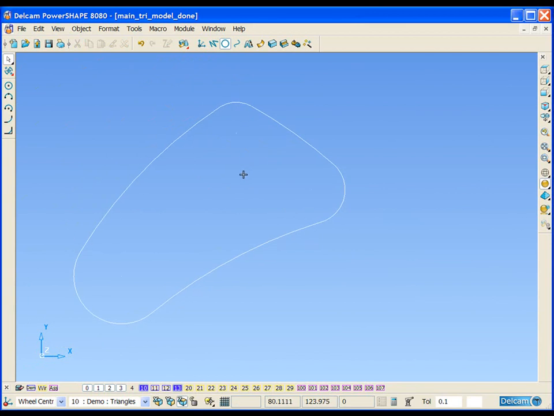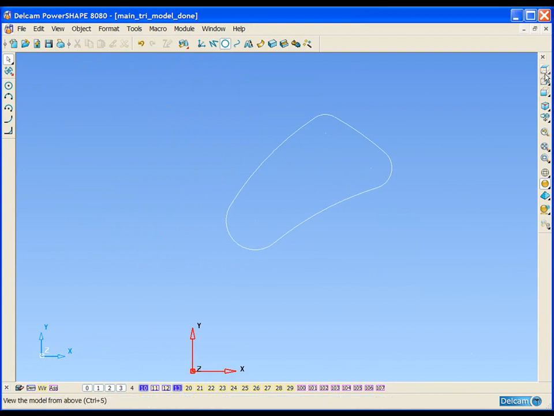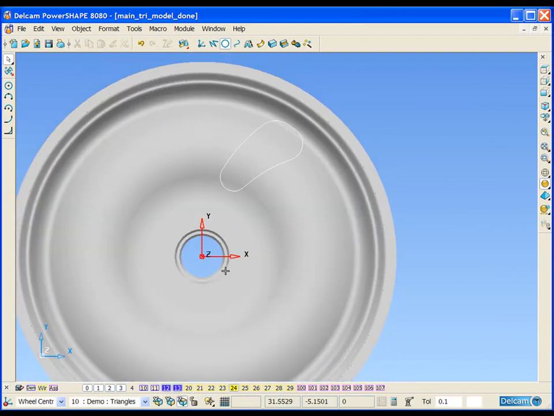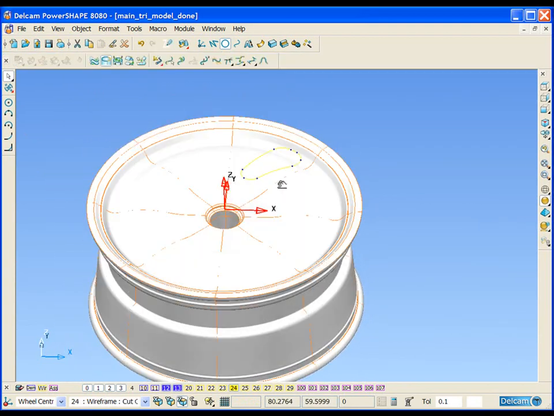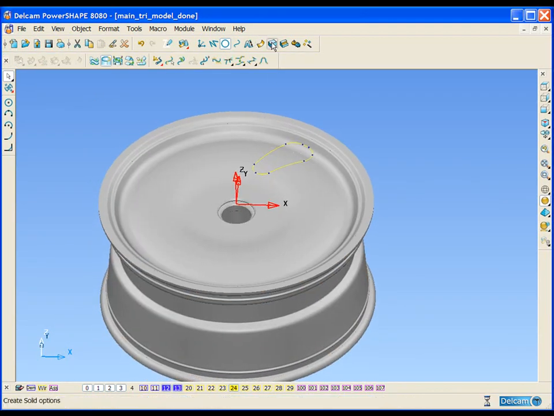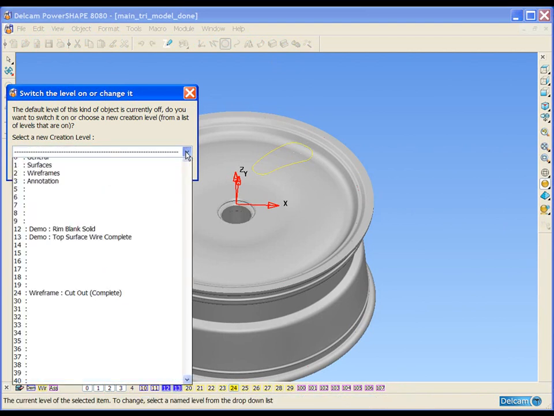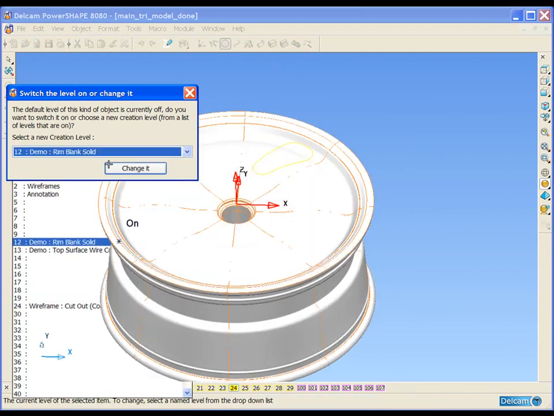You'll see it will trim back the constraining curve. We can then turn on rim blank solid. If we select the freshly created piece of wireframe, we can use this to create a solid extrusion,